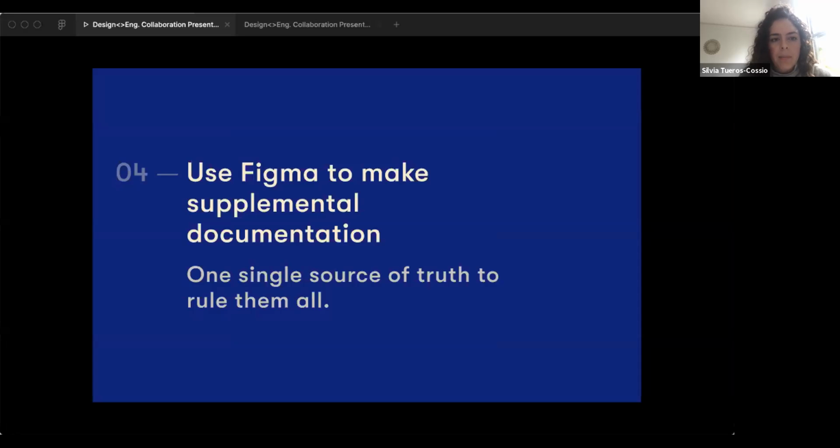Another tip, use Figma to make supplemental documentation. You can use Figma itself as the single source of truth to clarify what you're building. And by doing this, you will prevent the need to open a million docs to make sense of one design. So what this could look like for your team: a table linking to different edge cases, links to Lottie files for animation,